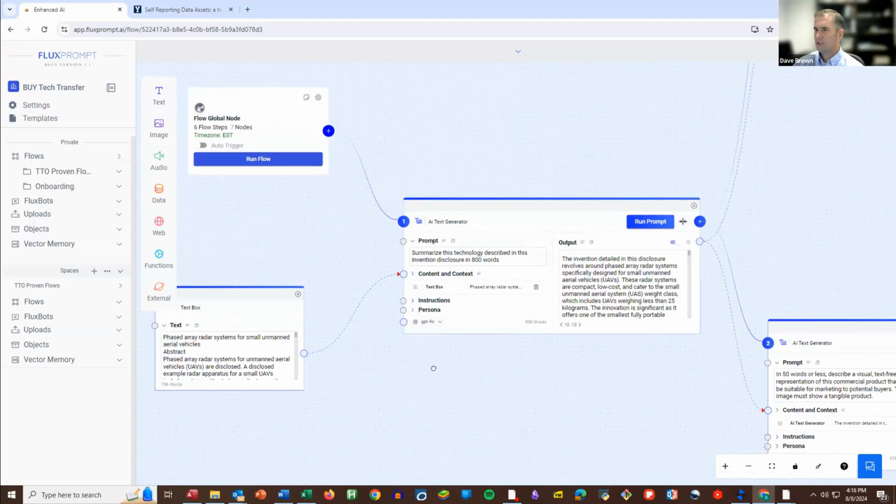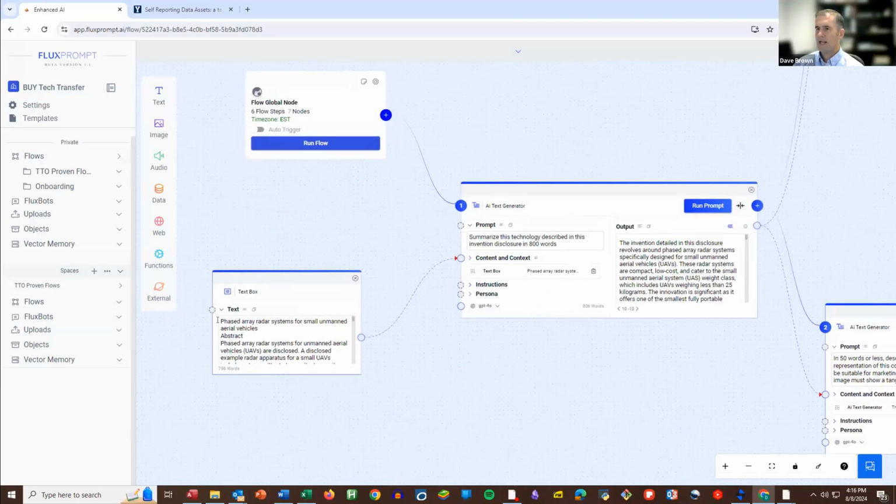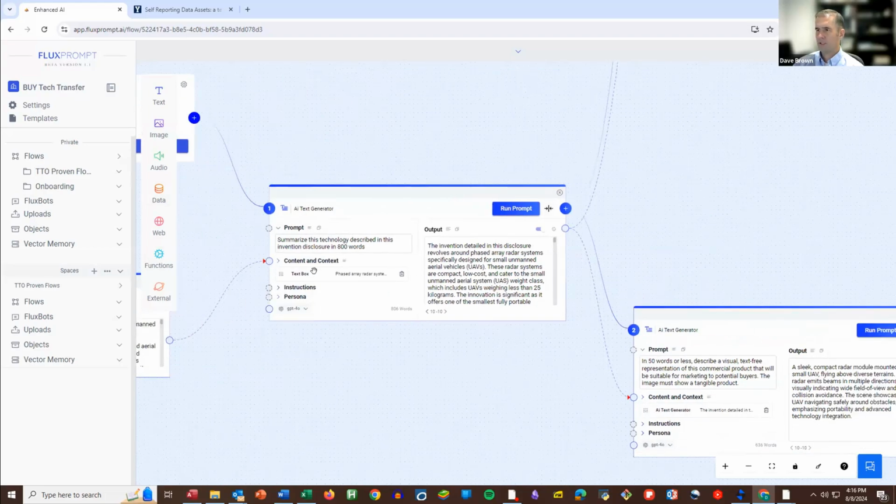The way it starts, I have a text box here, and I have pasted content from a patent here. So this is a UAV technology, and normally I take data from invention disclosure forms. I didn't want to accidentally display something confidential, so that's why I'm going with patent language instead. If you're actually doing patents, these guys have added a patent input that you can use as well. But I pasted some patent text in here, and it's going to come over to this.